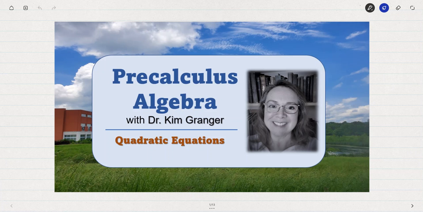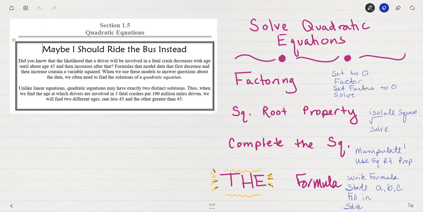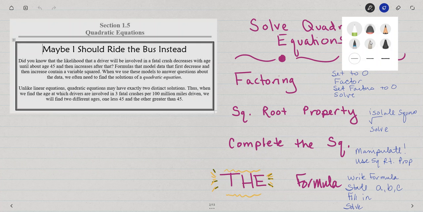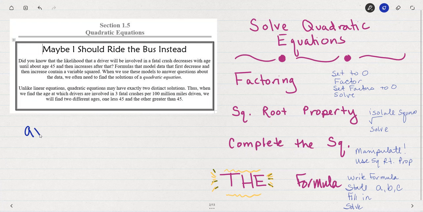In this video, we'll look at the pre-calculus topic of solving quadratic equations. To start with, it'll be helpful to be clear what a quadratic equation is. A quadratic equation is in this form: ax squared plus bx plus c